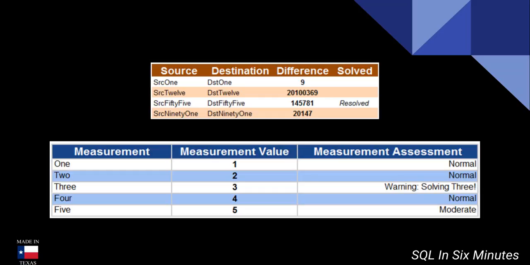You have SSRS, you can get all the information you need. This is very easy for me to build. It does not take much time, okay? So what I have is the measurement. What is that measurement? The measurement value, and then the measurement assessment. And the measurement assessment is where I and a robot can fine-tune very quickly, or again, a client. You can hire someone who doesn't have that much knowledge but knows how to solve the problems based on what the measurement assessment shows. And then the other one is what I call my mismatch report.